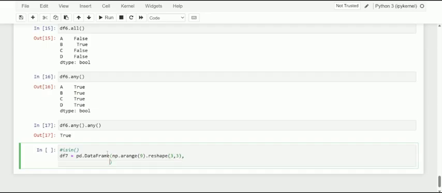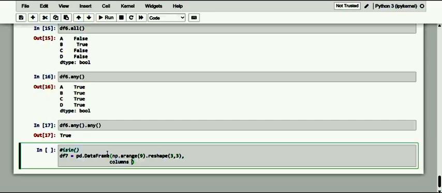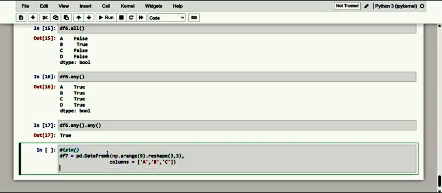Of course I also want to include the columns, and the names of the 3 columns which I want to specify are A, B and C. Let me execute it and see what df7 is here.